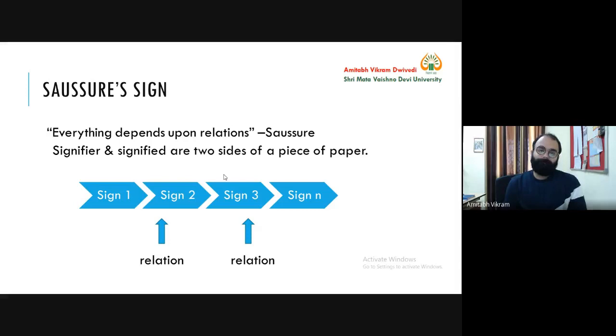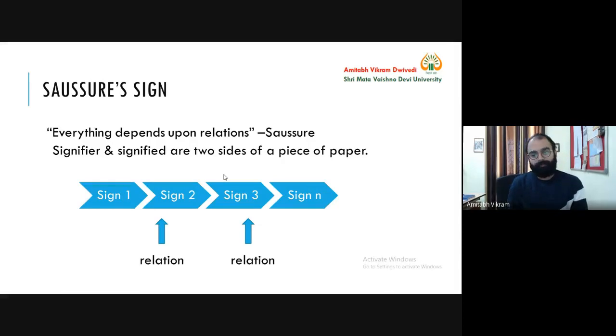Now, but there are certain words where there is no concept. For example, I say the. When I say the, what comes into your mind? There is no concept associated with the word the. When I say of, what concept comes into your mind? No concept comes into your mind. So these type of words are functional words, but functional words are also very important when we construct a sentence. For example, when I say